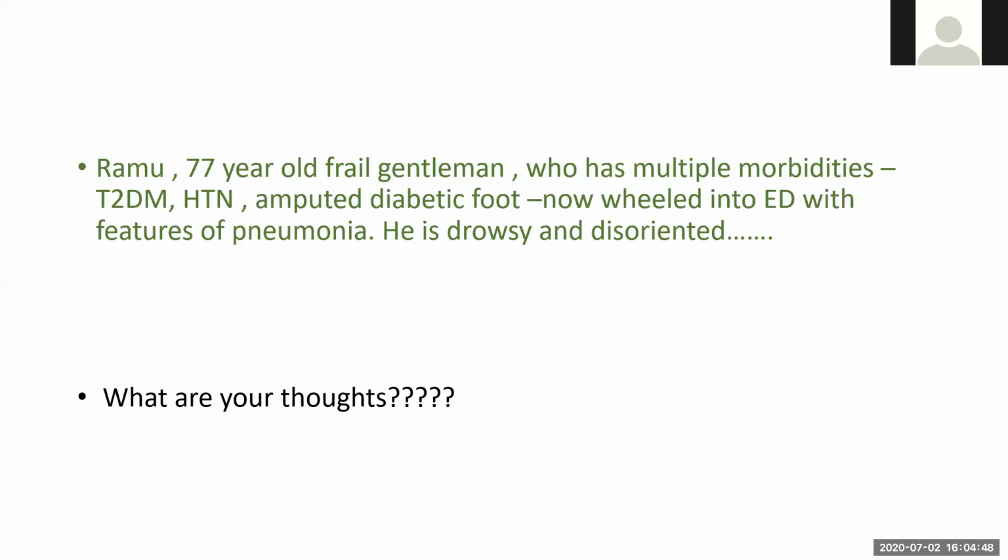Correct. Numerous. That's a very good thing that you have said, that it's not just one point in your mind. So many things could be there. That's just the right way to start. What could that be, because he's having features of pneumonia? It could be ventilatory, it could be acidosis, infection. Correct, it could be infections. It could be metabolic derangements. Correct. Because he has type 2 diabetes, it could be